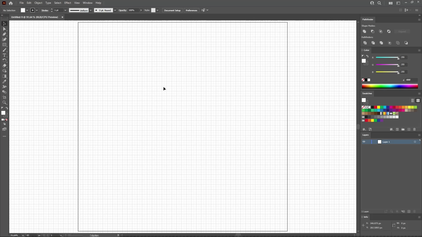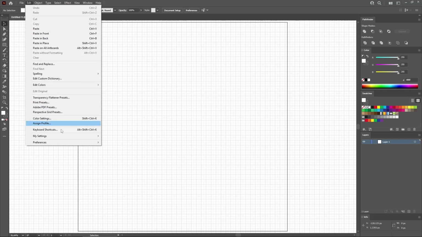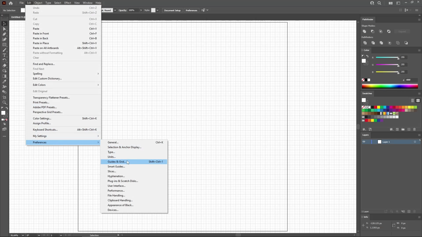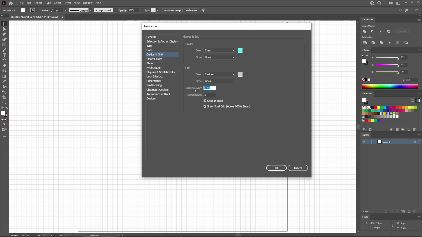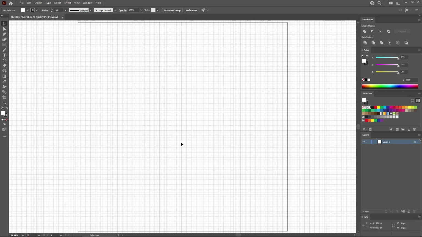And for this tutorial you need a grid line every 10 pixels. So let's go to Edit, Preferences, Guides and Grid. Just enter 10 in this grid line every box. Click OK to apply the changes, and let's start the work on the design by selecting the rectangle tool from